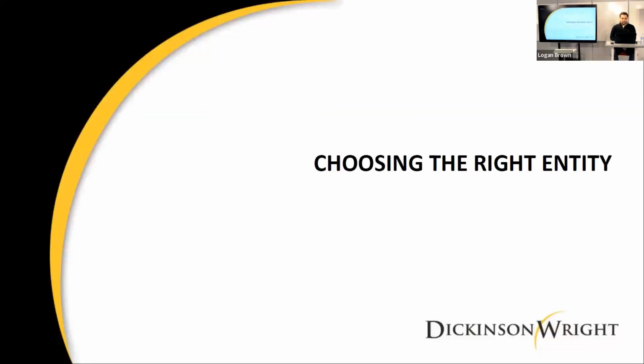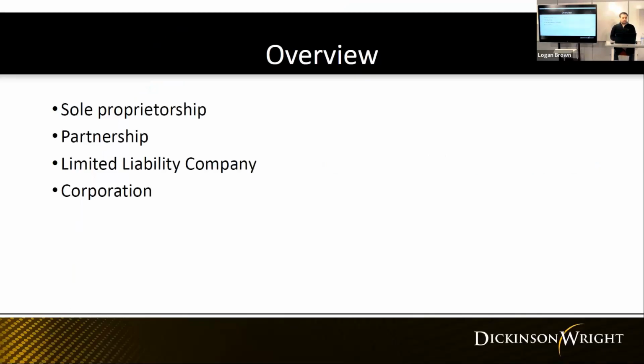So choosing the right entity for you. Just a quick overview of some of the known types of business entities. There are sole proprietorships. Sole proprietorship is just essentially you as an individual. I mentioned plumbing earlier, so I'll go back to that. If I have the skills and the certifications to be a plumber, and I just decide one day I'm going to go out on my own and start doing this, if I don't create a business entity and I'm performing these services as a business, I am a sole proprietor.